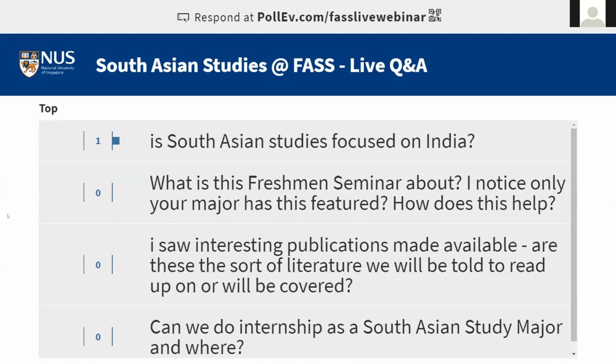We are not focused only on India. Of course, India is a big country, so you will find that there will be a lot of emphasis on India. But our endeavor also is to try and study other countries. So for example, in the course that I take on politics and governance, we do politics and governance in all the countries. So India is not the only country that we focus on.